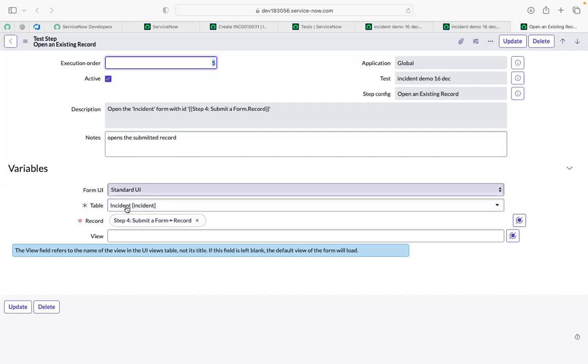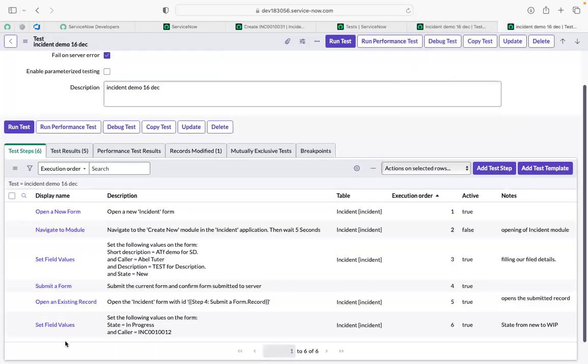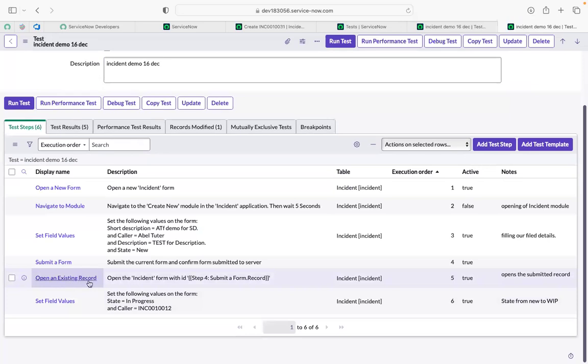These are all straightforward. Giving the tables is most important, and observing all the things is important. But using data pills wisely will bring you one step ahead, right? So likewise, we have created an open existing record, and the record is pulled from the previous step using the data pill, right? Till here we are good, right? After that, it opens an existing record. Once the record has been opened, I need to